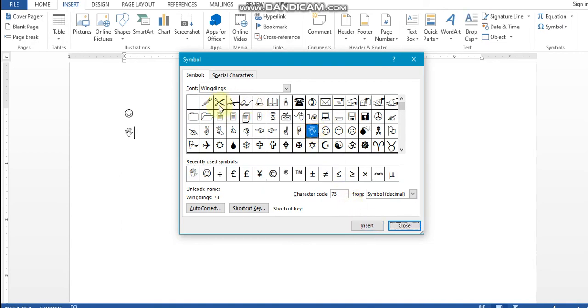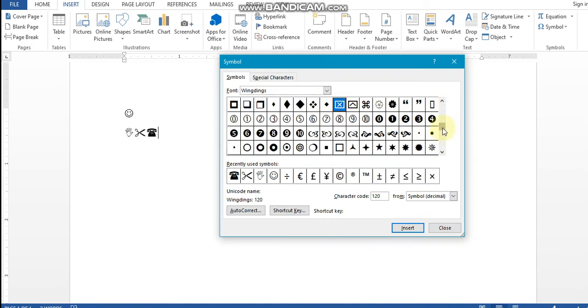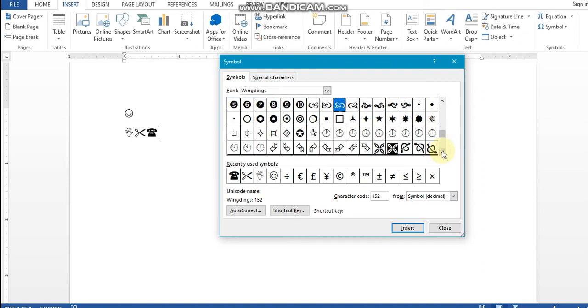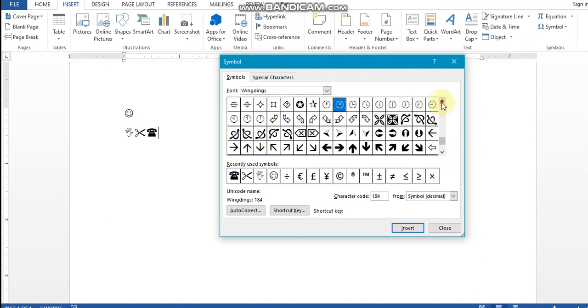As you can see, Caesar, select and click insert. As you can see, it is inserted. Or if you want some other, like the telephone symbol is not there, you choose it and click on insert. In the same way, by dragging down, you can see multiple symbols here. You can select and choose.